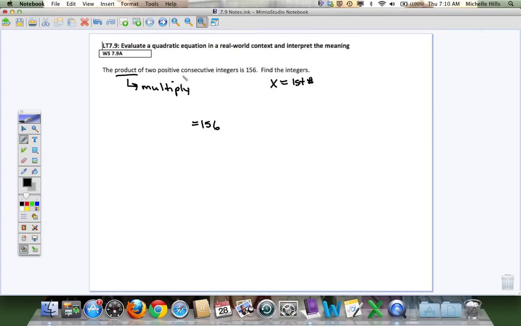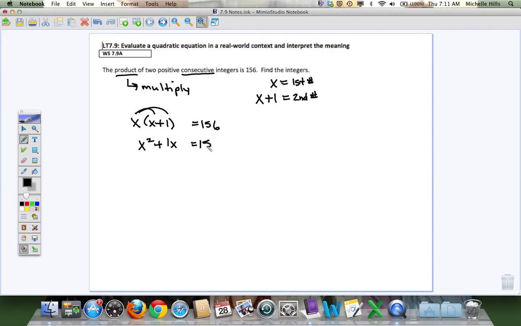And then if it's consecutive, it means in a row. I'm not skipping anything. So if I think 13, the next consecutive integer would be 14. 25, the next consecutive integer would be 26. So I take the first one and I add 1 to get the second one. So this is the second number. And it says if I multiply those, because product means to multiply those together, I get 156. Now to solve this, I'm going to have to distribute the x to get x squared plus 1x